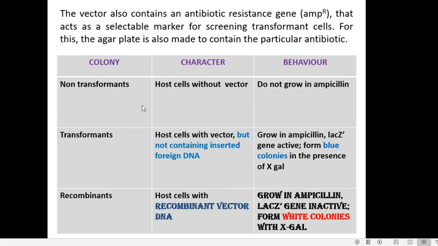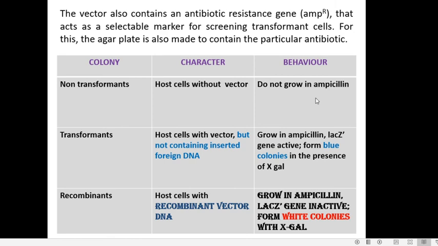So what will the recombinants have? They lack a functional beta-galactosidase. So in the presence of XGAL in the medium, they cannot make a blue color. So they appear white. Whereas the non-recombinant transformants, they contain intact pUC19. They have a hybrid beta-galactosidase enzyme which is functional and they will form blue colonies in the presence of XGAL. So the second level of screening is also over.